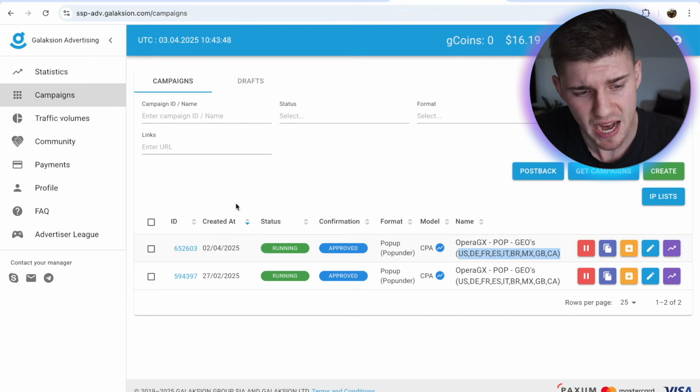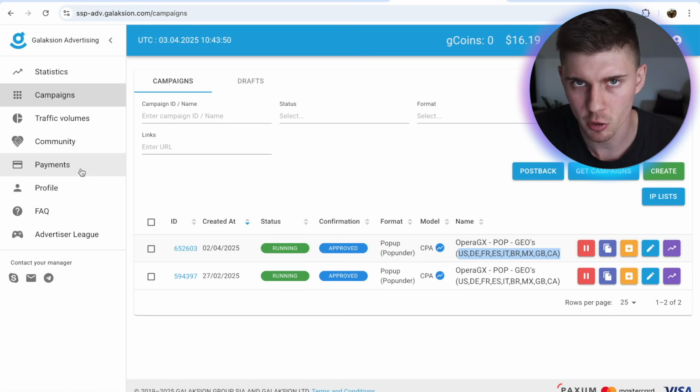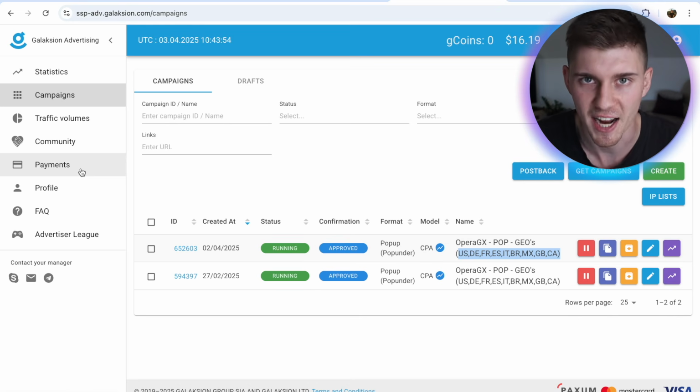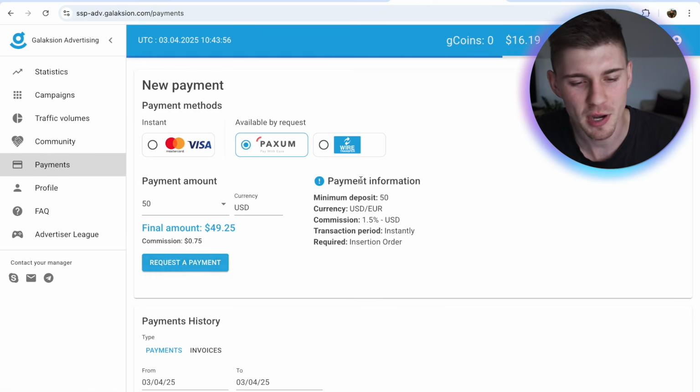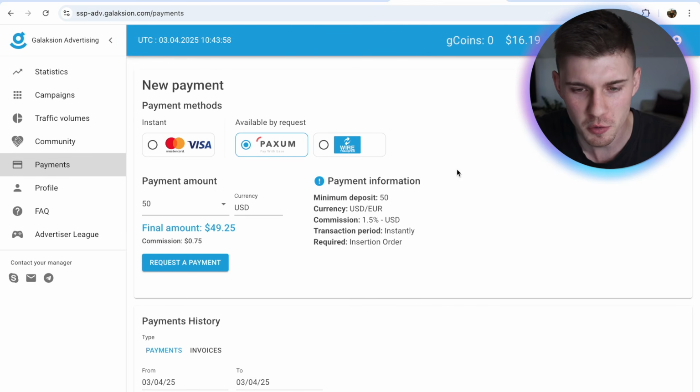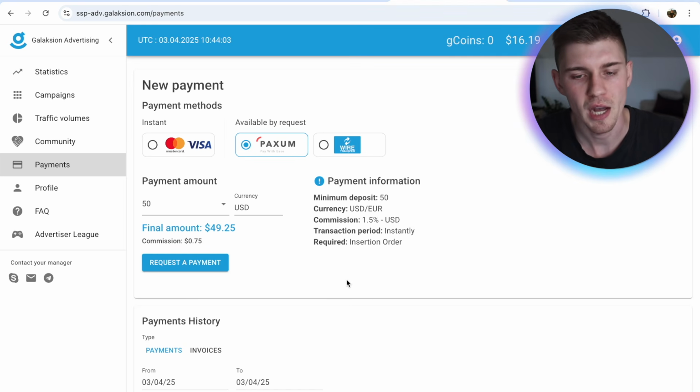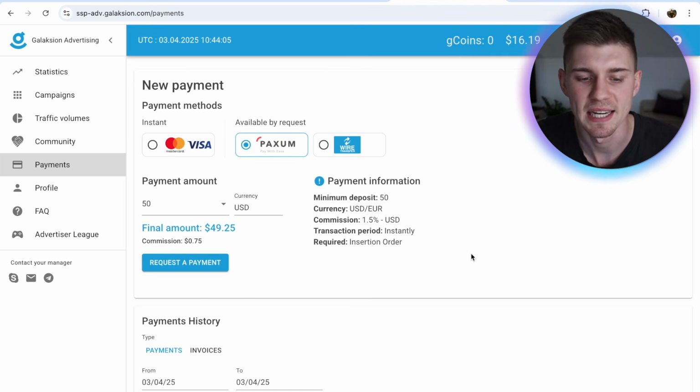So now that we have set up our tracking, now it's time for step number 5, and that is to launch the actual campaign. So to launch the campaign, first of all, you need to deposit money, of course. Paid advertising isn't free because it's called paid advertising. So of course you have to deposit money. To do so, you have to go to payments. Whatever you're comfortable with, I recommend to deposit at least $100